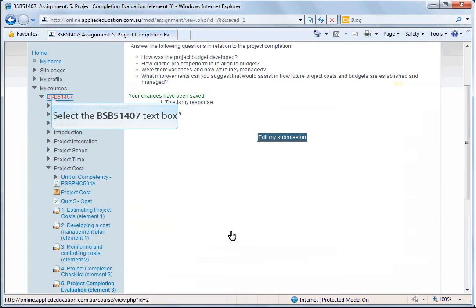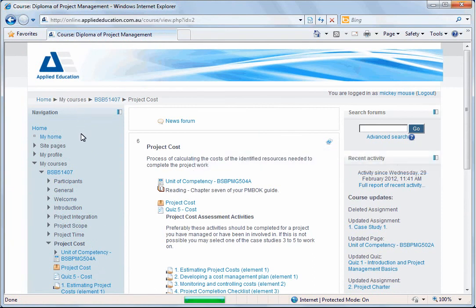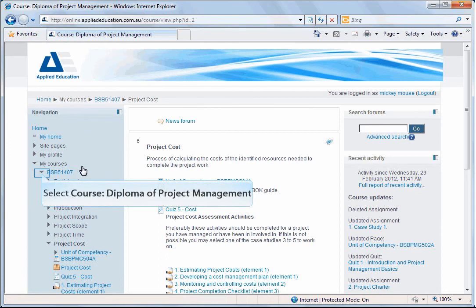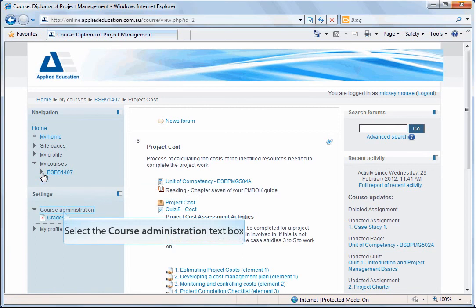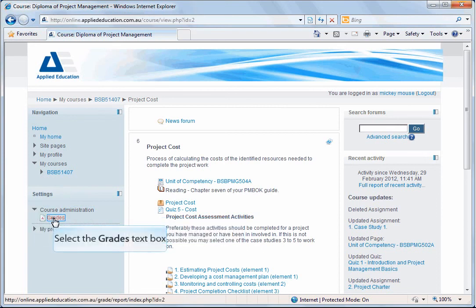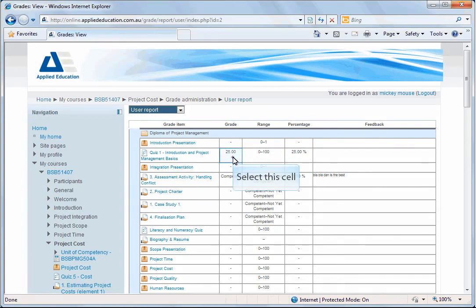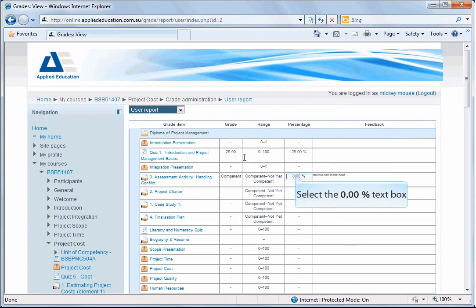So that's the overview of a unit, looking at the learning package and submitting an assessment. You can also at any time look at an overview of your course, and let's now do that. So to get an overview, let's collapse the course BSB 5.1, and you'll notice under settings we have a course administration area. If I click on grades, wait for that to load, here it will give me the grading and